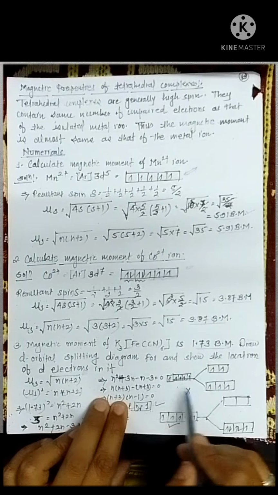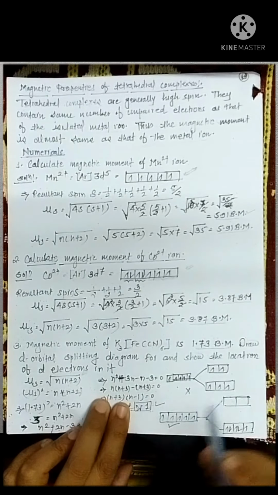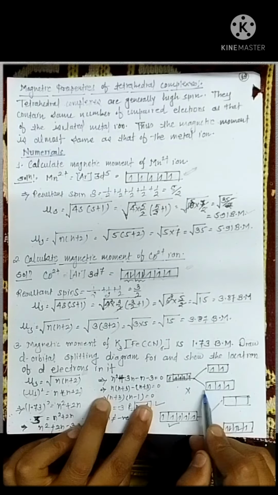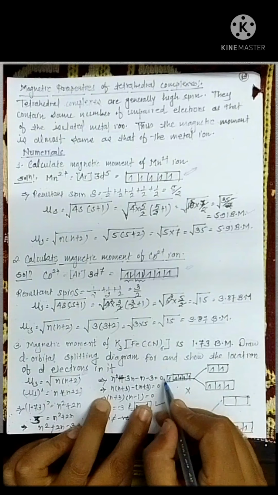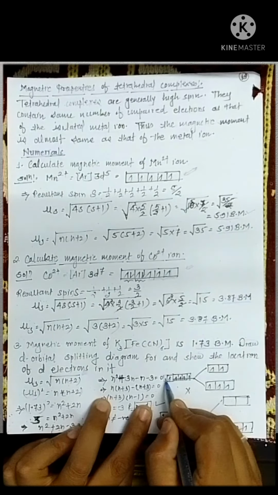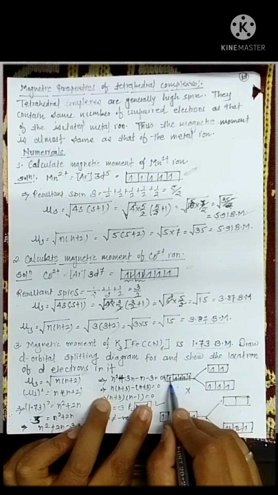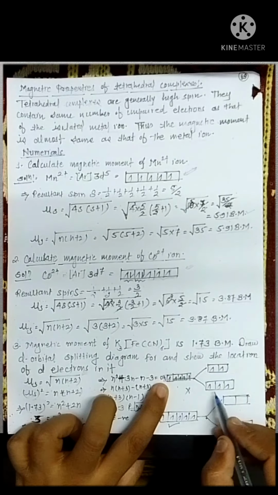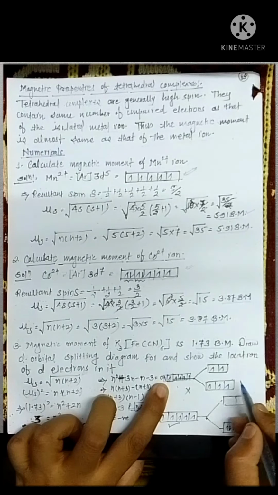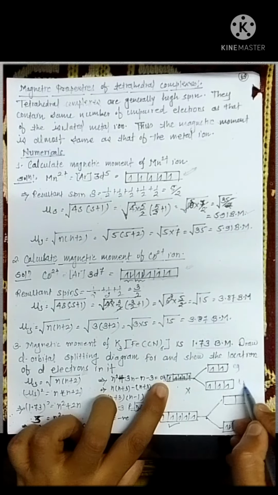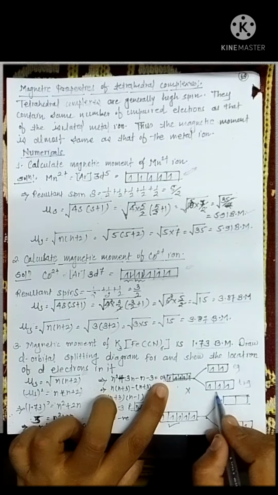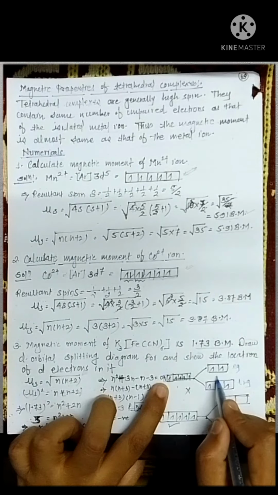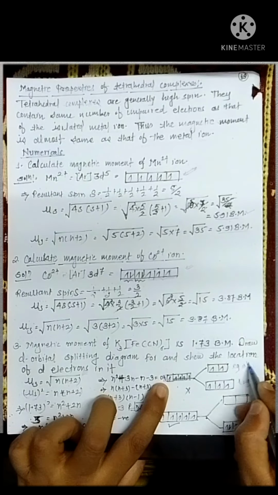So now we are going to write the CFSE diagram for the given compound. Iron basically contains 5 electrons. So this is the crystal field splitting. In the first diagram, 5 electrons can be distributed like this. That is, the t2g set contains 3 electrons and the eg set contains 2 electrons. It is basically a diagram for the high spin complex.